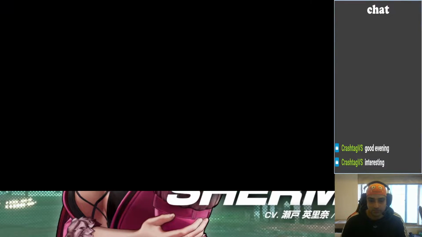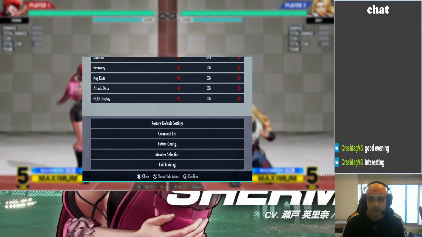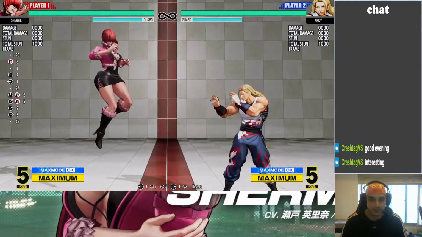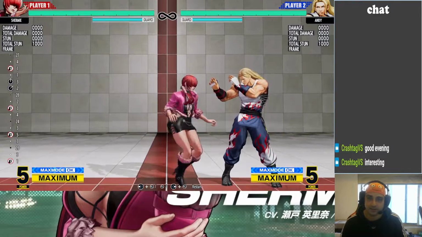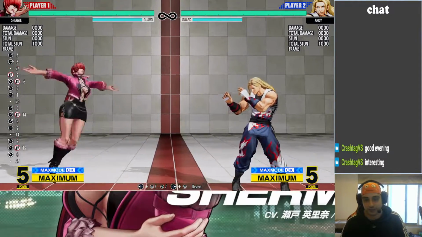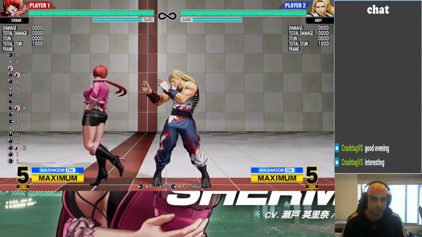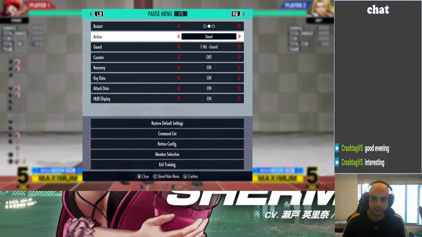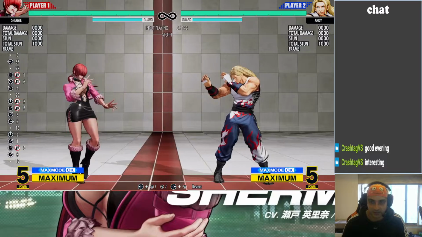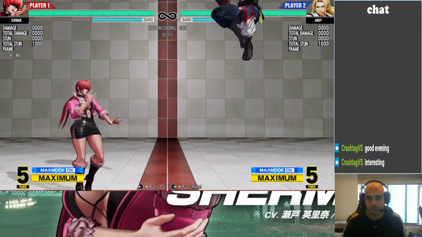Okay, jumping normals. Jumping normals are weird. First of all, jumping A. She does this punch in the air. This is always the same. It's a rising attack to air rising. Somebody's jumping at you. You get nothing out of it, but you stop them. It's literally just to...